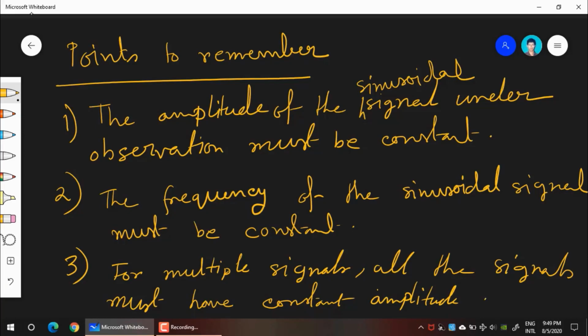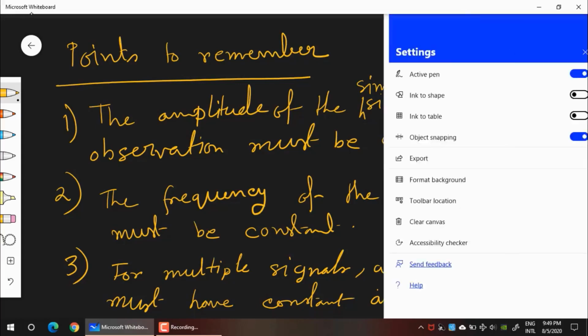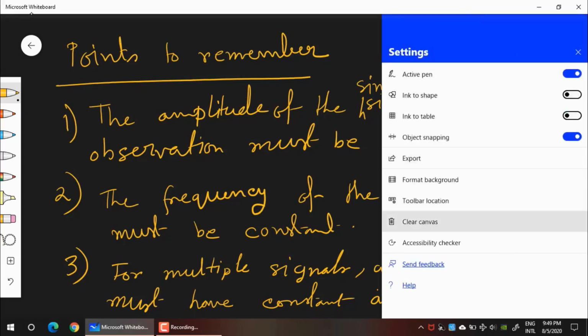Here I would like to elaborate on this amplitude. If we are done with the first two points, then I would like to highlight this third point. There is a space constraint. So the third point, what I was trying to say,